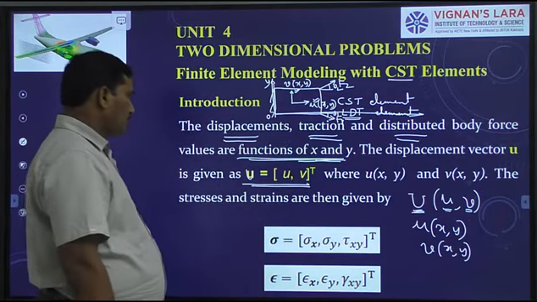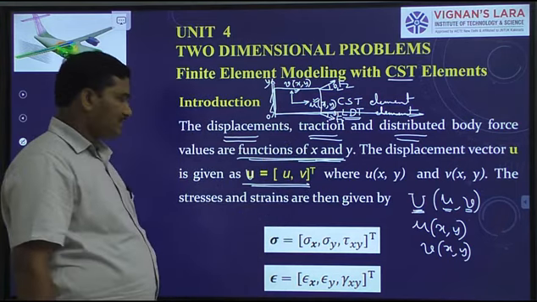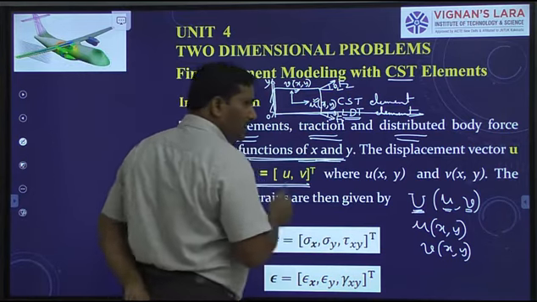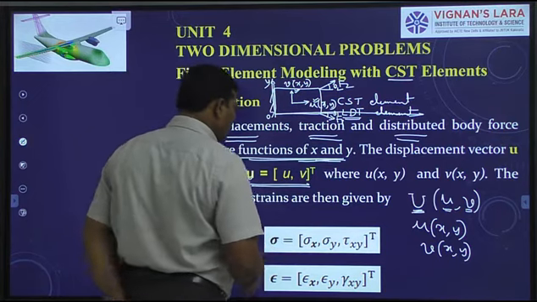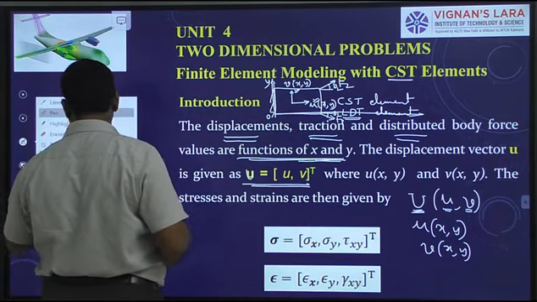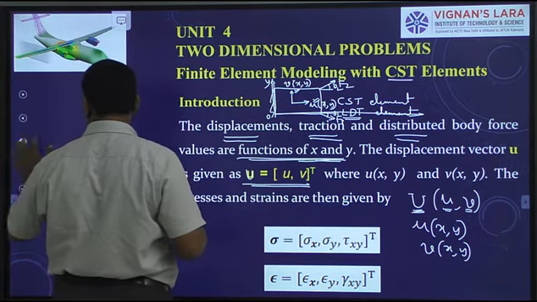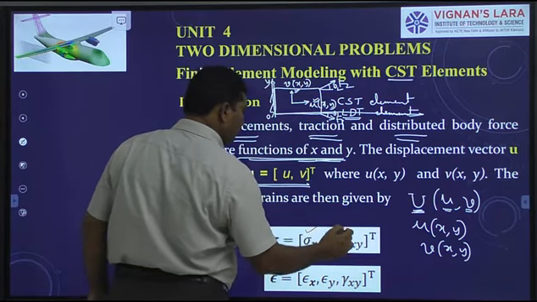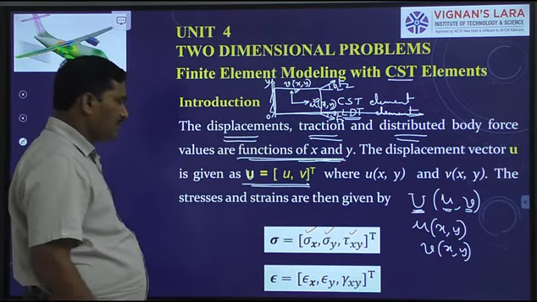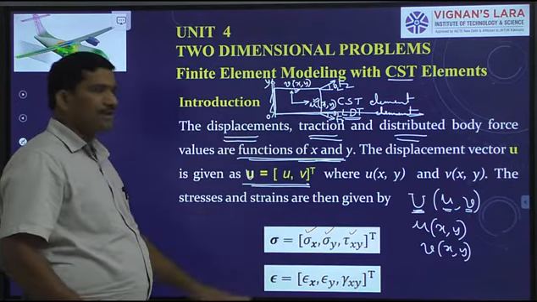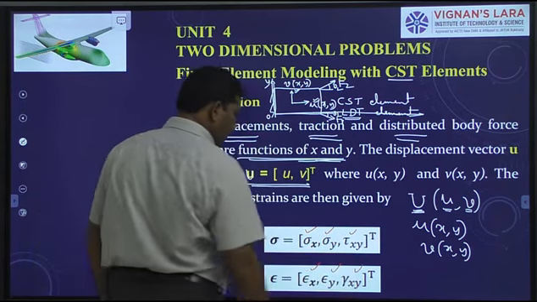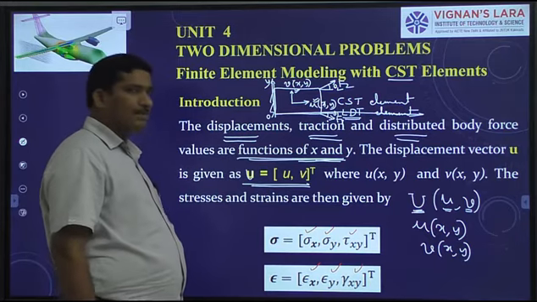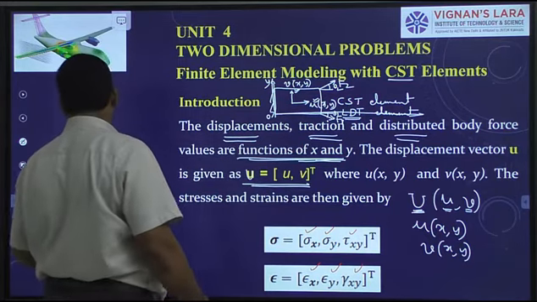Now, coming to the stresses and strains, because it is a two-dimensional problem, sigma, the stress matrix, is a column matrix having three components. What are they? Sigma x, sigma y and tau xy. It is a column matrix of size 3 by 1. And the corresponding strains are epsilon equals, again, epsilon x, epsilon y and gamma xy. It is also a column matrix of size 3 by 1. Next,